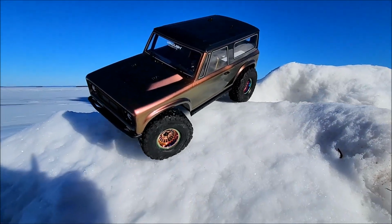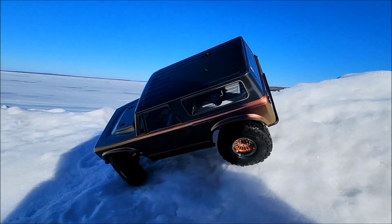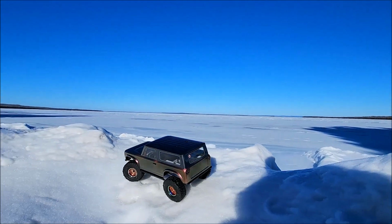I really like this body. It is just freaking awesome. I got it out in the sunlight now so you can really see the full effects of the iridescence. It's pretty awesome. It's in my shadow right now, but